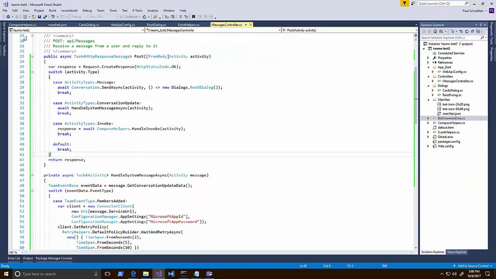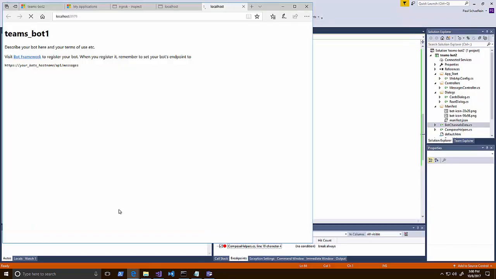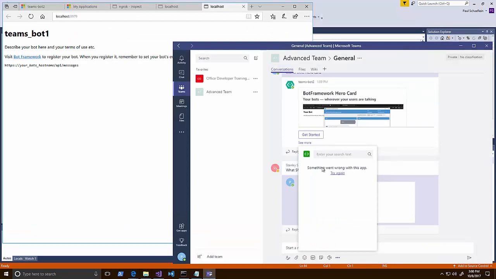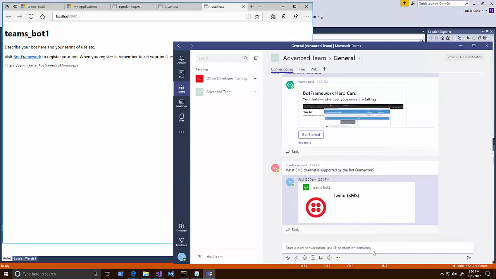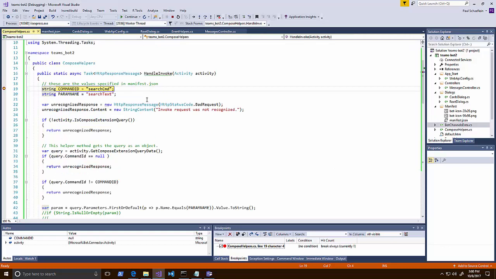So again, stopping this now, going back to the manifest just to highlight here, we associate it with our particular bot. We define a scope. Oh, I should show the configuration example. Sorry about that. So we'll load that again, and we'll close out of this. Now when I choose TeamsBot 2, here's the ellipsis. I can do settings, and notice it's still bolded up here, right? So now the invoke happened, but if I look at the activity,